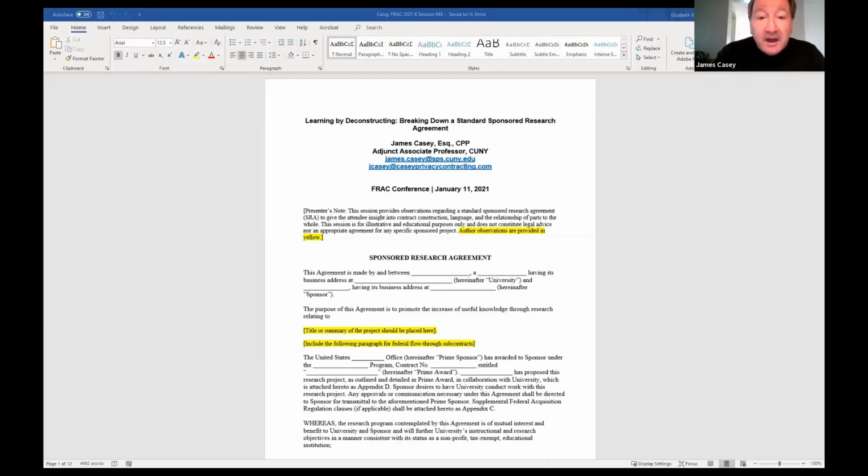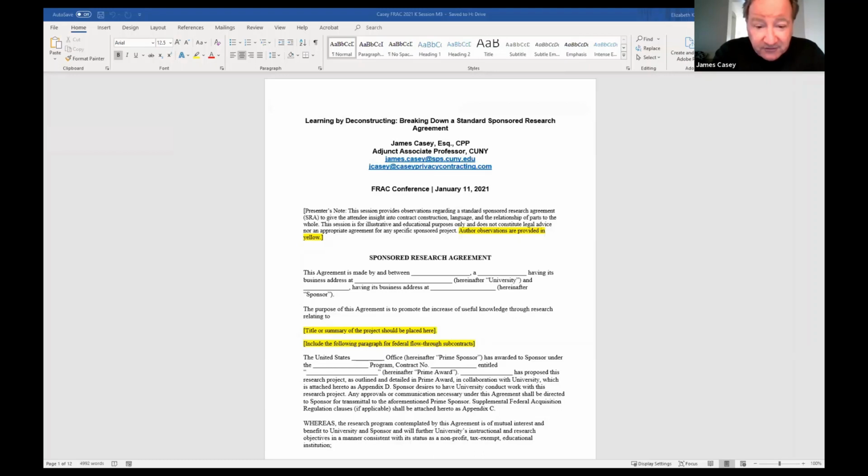So I always try to balance, and this is what contract negotiation is all about. It's balancing between finding reasons to say yes, but also being true to what your institutional requirements are, and being a contract negotiator that takes best practices very seriously. So, assuming you have a proposal in-house, you can start work on a standard sponsored research agreement. You can start getting down into the nitty-gritty here.